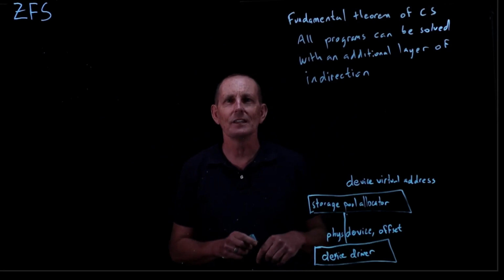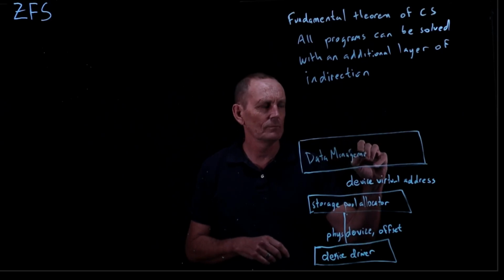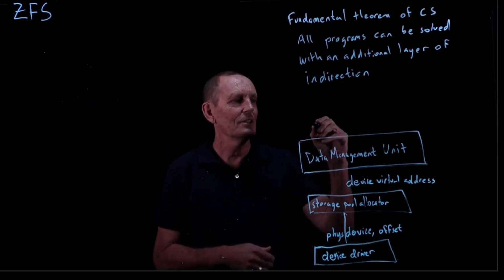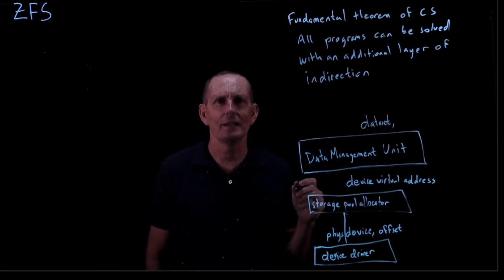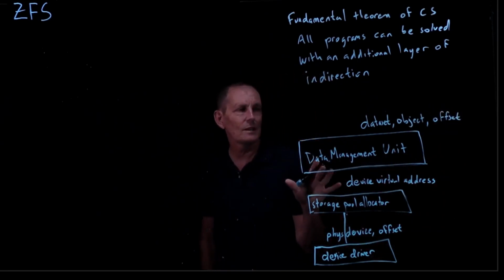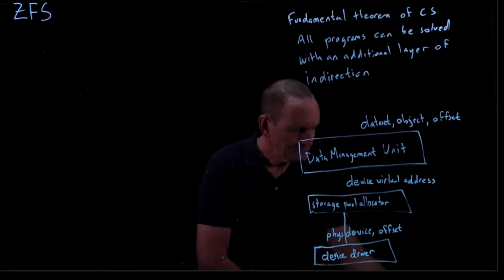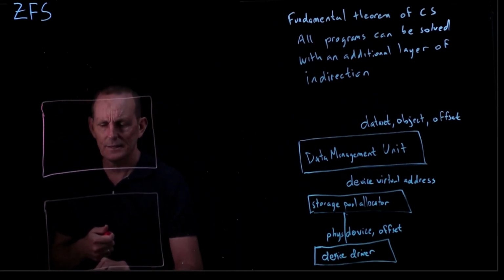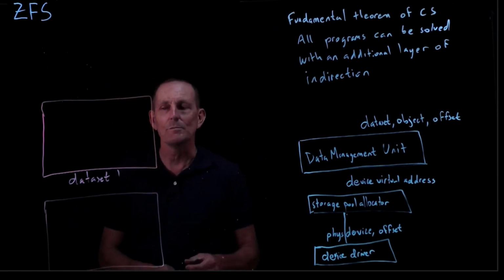On top of that, we've then got a data management unit. The data management unit is providing, on top of this, some triplets, really, of data set, and then an object within that data set, and then an offset. If we think of it, what the data management unit is doing is providing an abstraction of data sets, and then within data sets, we are providing objects